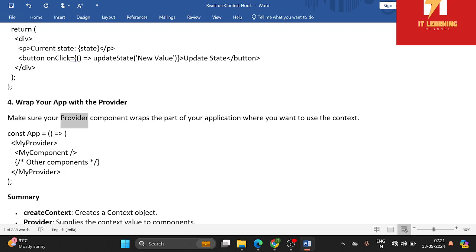4. Wrap your app with the provider. Make sure your provider component wraps the part of your application where you want to use the context. const App = () => { <MyProvider> <MyComponent /> // other components </MyProvider>;